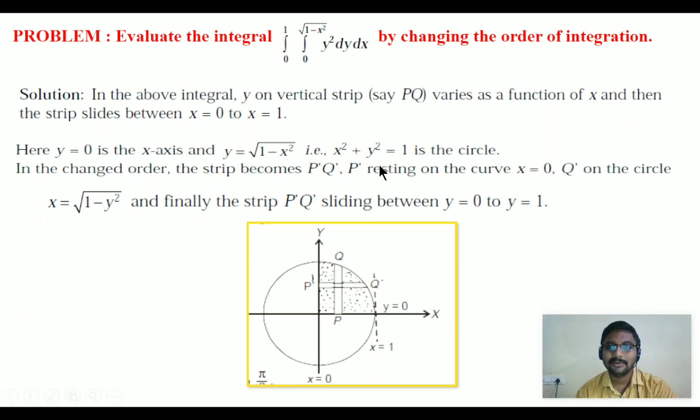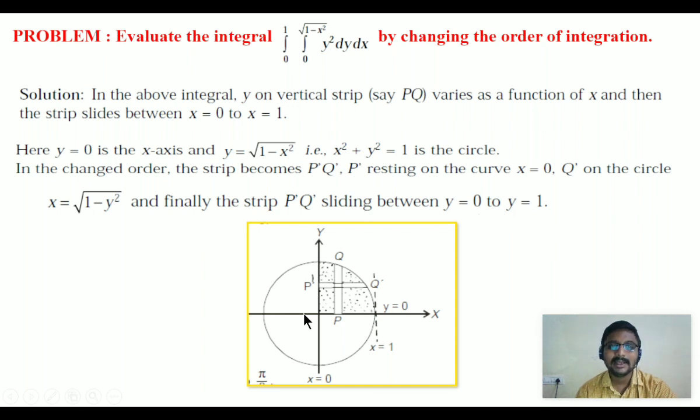So here the new limits are obtained according to the new strip. We have to consider the new limits. So P dash Q dash is the new strip. With respect to the new strip, here y limits are obtained. The y limits are y equal to 0 to y equal to 1, which are the new limits for y, and